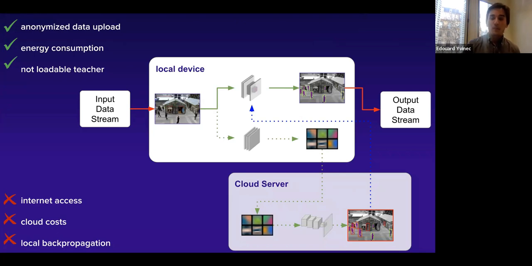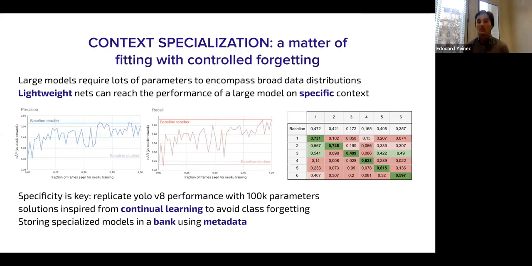That being said, we've tested this. For the benchmark, obviously we have to take a few steps away from the usual benchmark, let's say for object detection, because what we want to do is actually train on a very specific context. So how should you read those graphics? Essentially, we want to go from the lower horizontal bar of the baseline student up to the teacher. We want to match the accuracy of the teacher. On the axis is how many frames you select for training, and we test on a subsequent sequence of time.